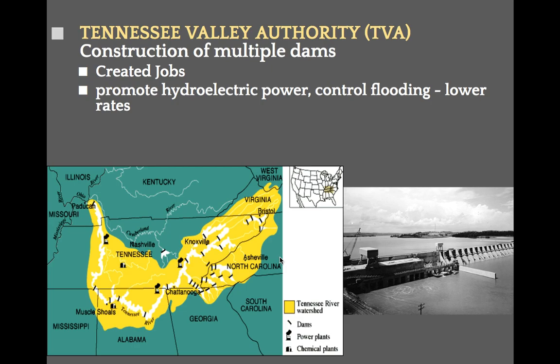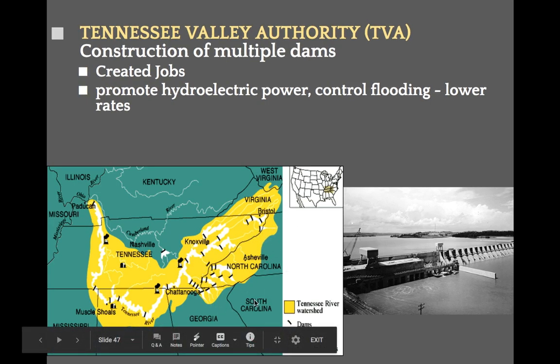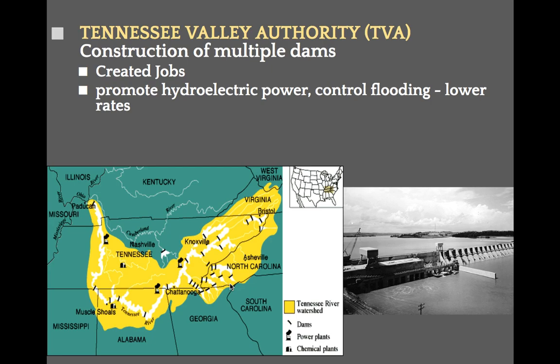Then we're going to look at the TVA. We actually see this because there are some in the western part of North Carolina. There are still projects that you can go see today that were created from this organization. Remember we talked about a lot of FDR's projects being twofold. This is meant to provide some type of service, and it also gets people working again. It's creating jobs. This is creating dams, just like we talked about with the Hoover Dam, that builds up the water and then allows that hydropower to promote electricity, a clean water source.